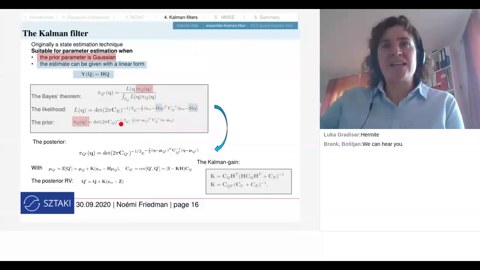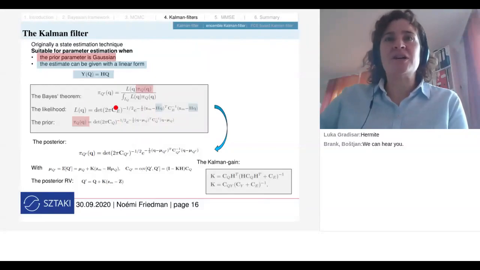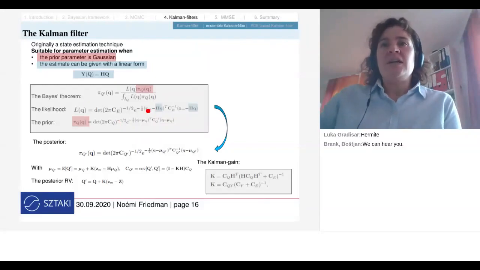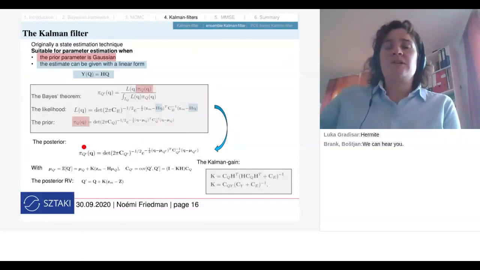So probably in the next slide I will have, no, here, sorry, here I have the likelihood. And in the likelihood, I have the deviation of the measurement from the actual response. And now this actual response can be written as H times Q. Okay, that's the only change in the whole setup. And Kalman filter says, the Kalman theory, that the posterior distribution looks like that,